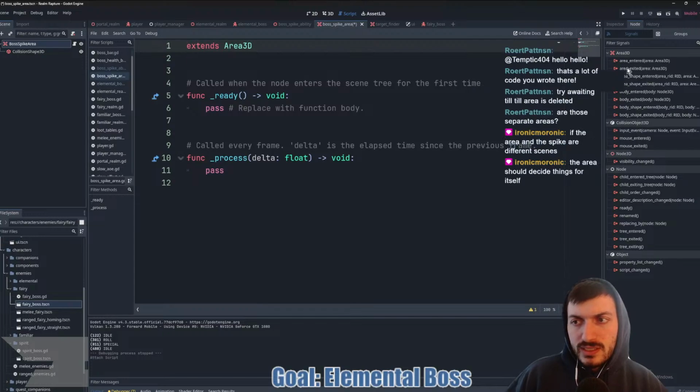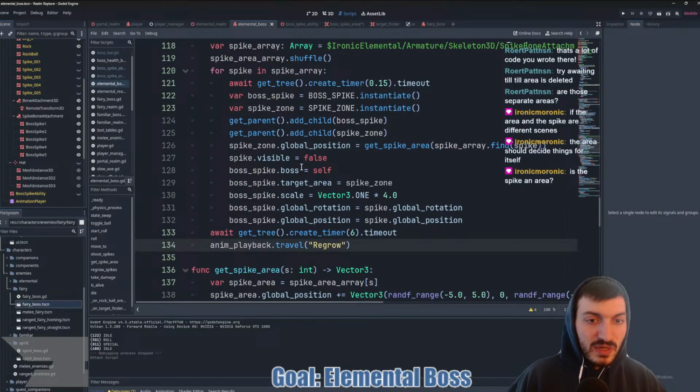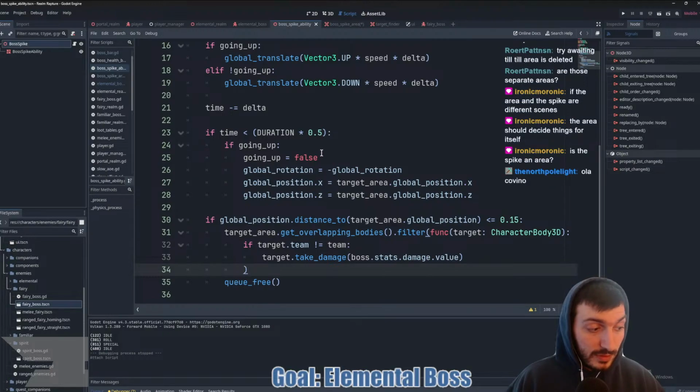I want to say it's area entered, and then we filter by the mesh instance. We can give it a variable called spike, var spike. And then when we launch the spikes, is the spike an area? No. The spike is just a node with a mesh on it. We could make it an area and then just look for other areas.